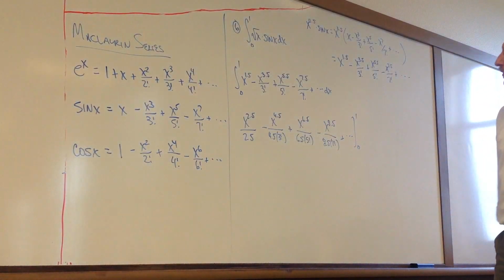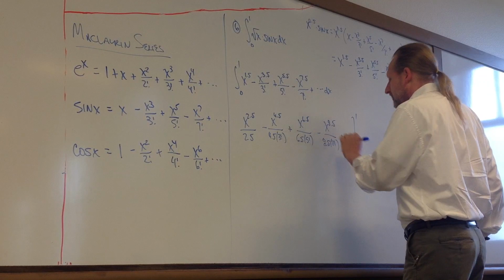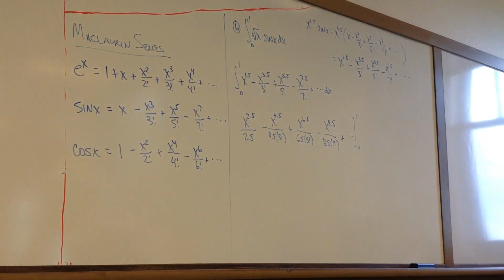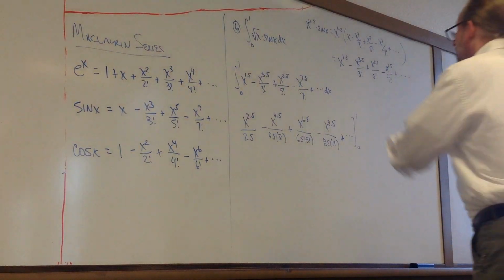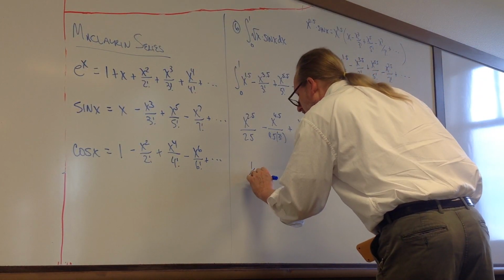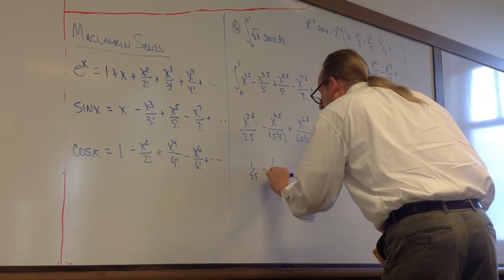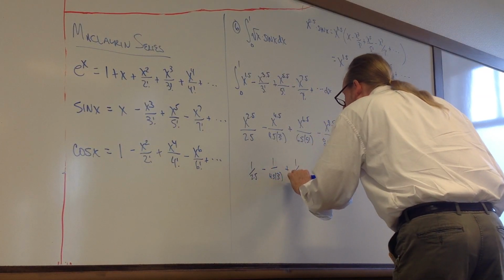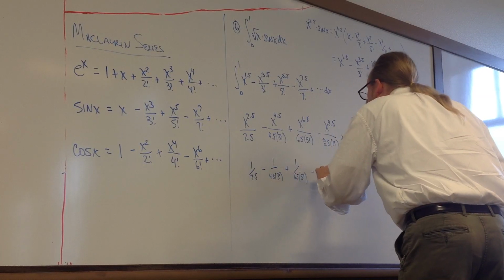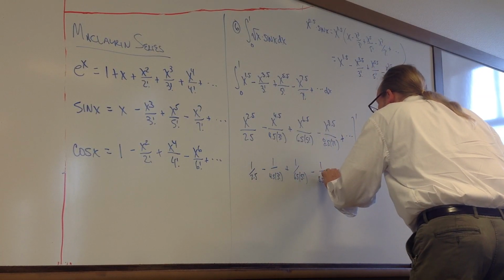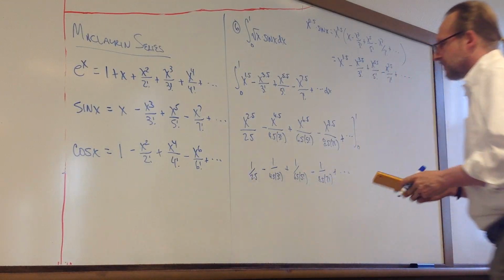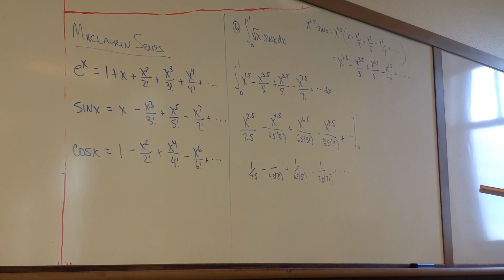We probably won't have to go too far past that to get this to round to 3 decimal places. Okay. So if we plug the 1 in here, 1 over 2.5, and so on. And so this is what we want to calculate and see when that third decimal place settles down. So 1 divided by 2.5 minus 1 over 4.5 times 3 factorial, which is 6,